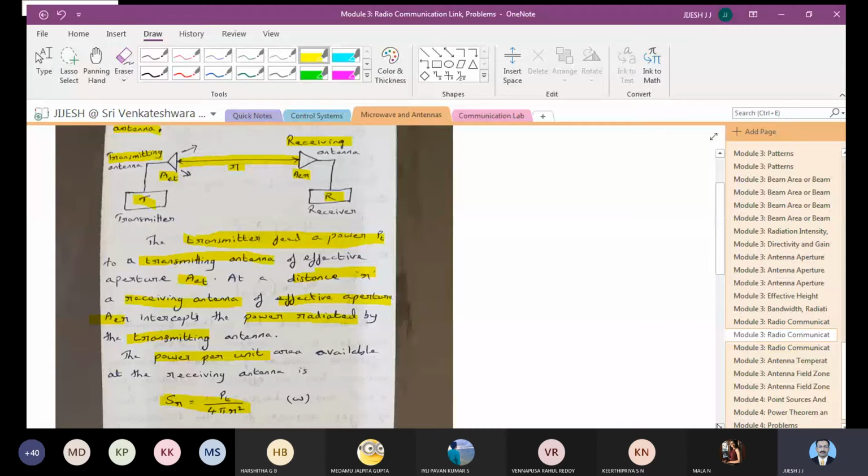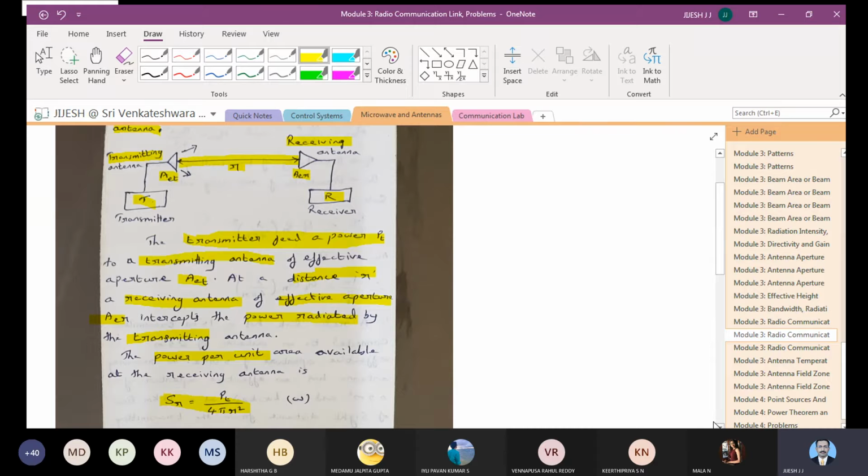So you can do it along with me itself. It's all equations to be followed further. So write down the equation step by step, one after the other, when I am explaining it, so it will be easy for you to understand. We have already written the equation for power per unit area. So it is SR, it is PT divided by 4 pi R square. All of you have completed till there? Shall we proceed further? Once you complete it, you just let me know. Further, all we have are equations, so you just have to understand and write the equation along with me itself.